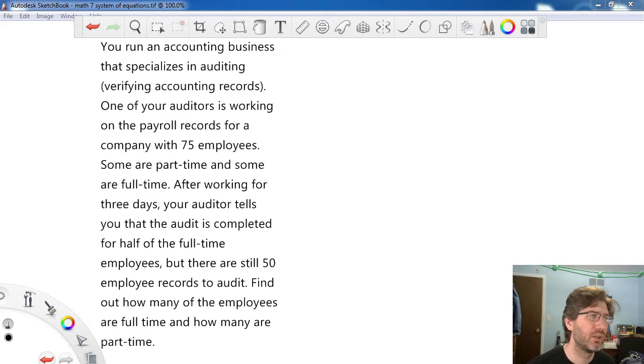So this one says you run an accounting business that specializes in auditing, verifying account records. One of the auditors is working on the payment. The company has 75 employees. Some are part-time and some are full-time. So what we're going to do is we're going to come over here and we're going to assign variables. We're going to say F equals full-time employees, and we're going to say P equals part-time